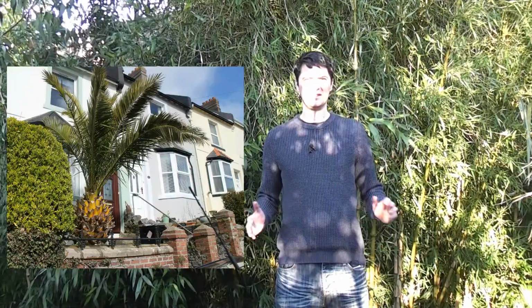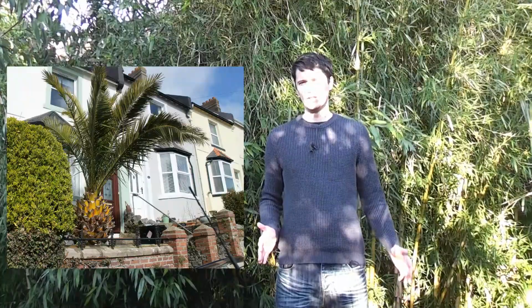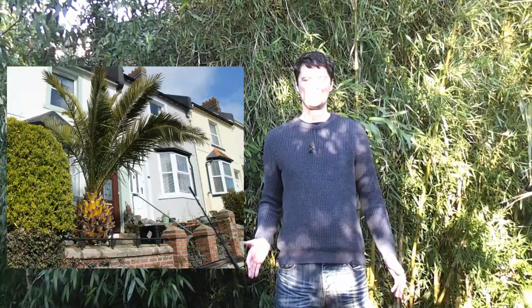UK, and it can get really big, and that can cause problems because it can damage walls and fences, because quite often they're planted far too close to structures and other plants, and if you get a really cold winter, then unfortunately it kills the palm, and then you've got this huge great big palm base to get rid of, and it's such a hard thing to dig up,